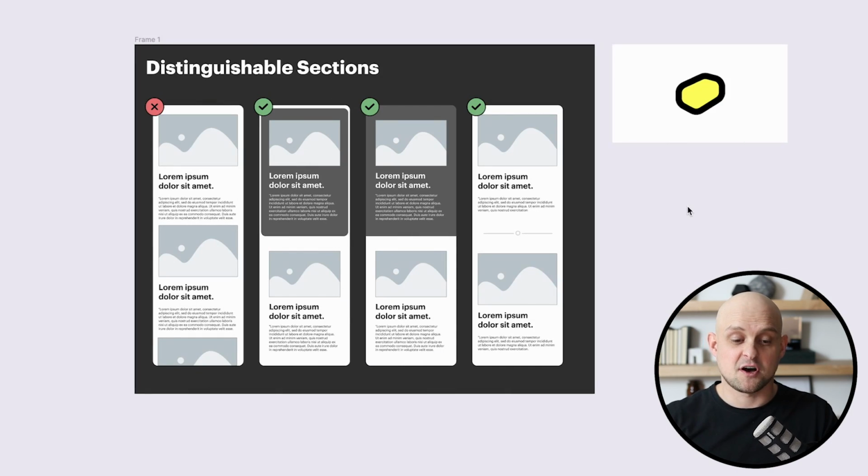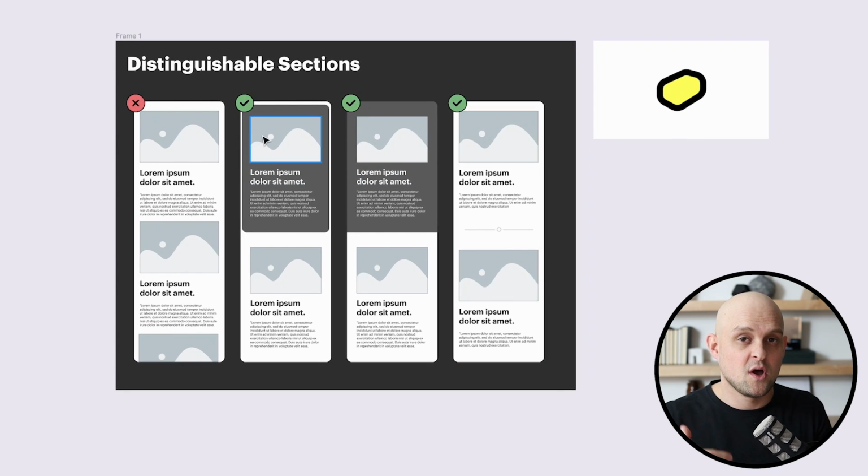So the first thing that I want to talk about is making sure that your sections are really distinct and it's easy for the users to determine which section of your website they're in. And so in my examples here, I've got a bad example on the left, and you can see that this is something that's really common, right? We've got these sections that just repeat over and over and over again. We've got the image, the header, the subtext, the image, header, and subtext. Typically speaking, it's just on a white background, which is not a bad thing, but it starts to just all